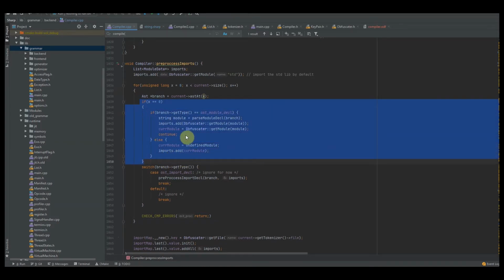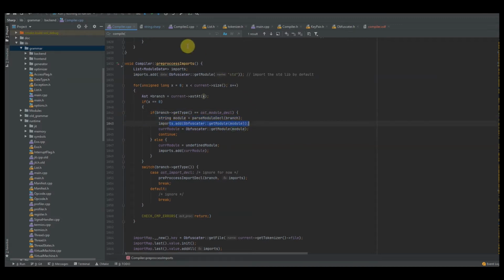Now, this is very important. This is not pointless. The reason we want to do this is because it makes sense. We know that at the very beginning we're going to have a module declaration, so we need to parse that module by calling parse module declaration, and we want to add that module because